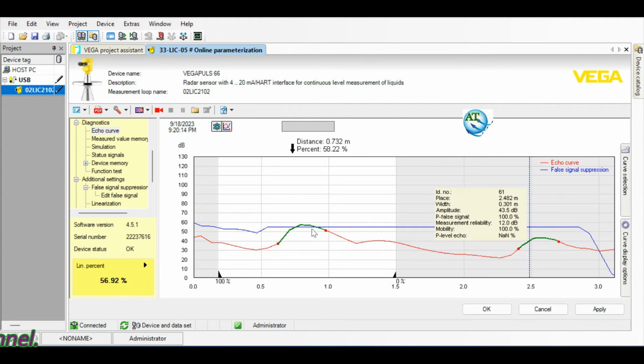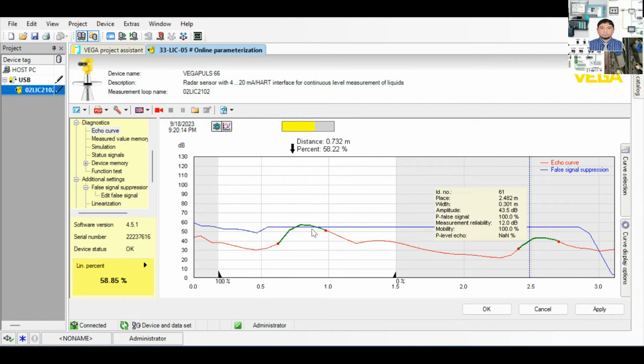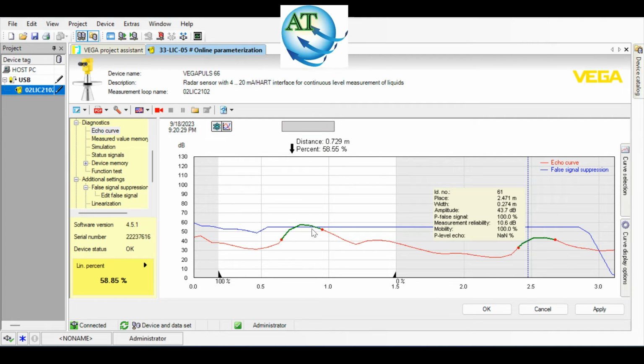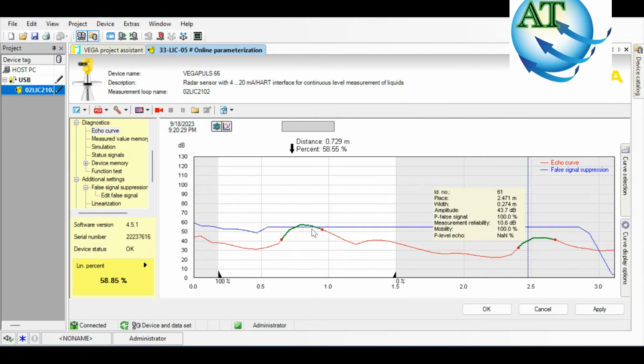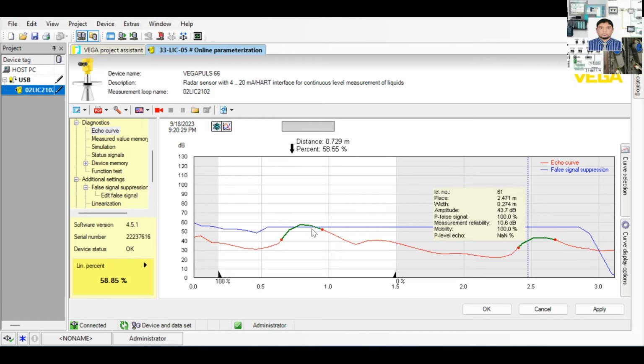You see, the curve is loading step by step. That means it takes some time to load the current value. We are thinking about the behavior of this echo curve. After observing this echo curve, we will take the decision how we can bring down the suppression line,